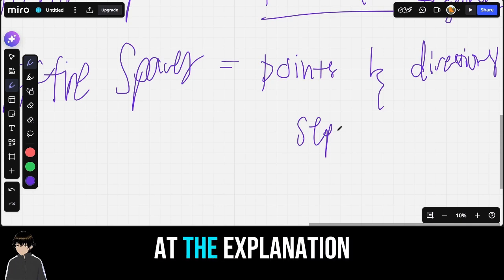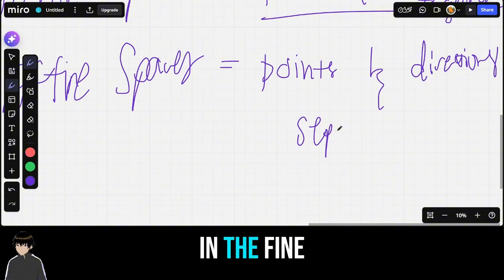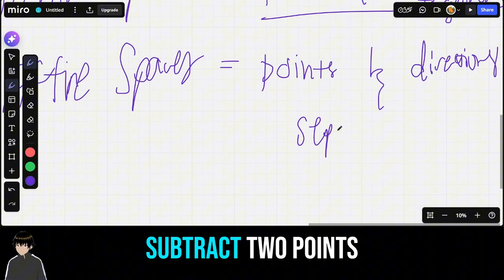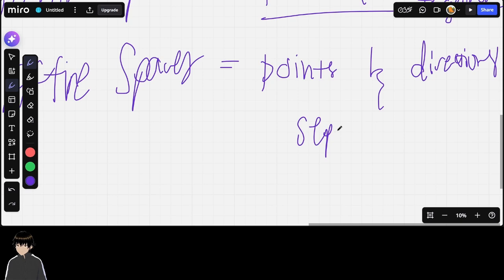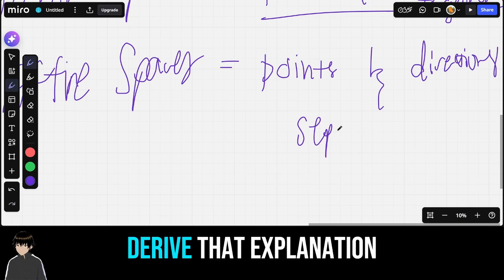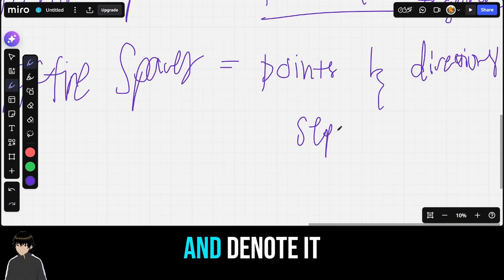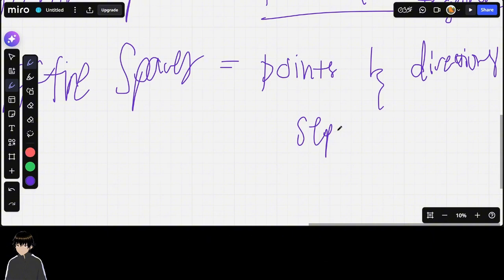If you look at the explanation here, in affine spaces, you have points, and you can subtract 2 points to get a vector, or take a point and add a vector to get another point. So if we derive that explanation and denote it into a formula, to a bunch of formulas,